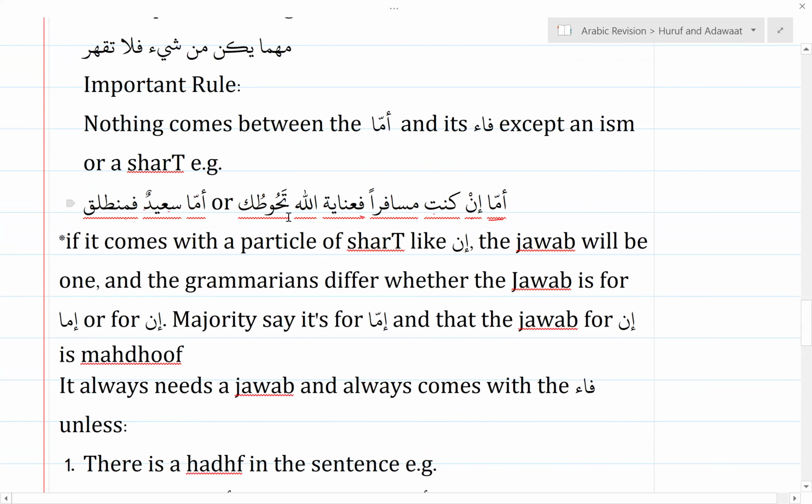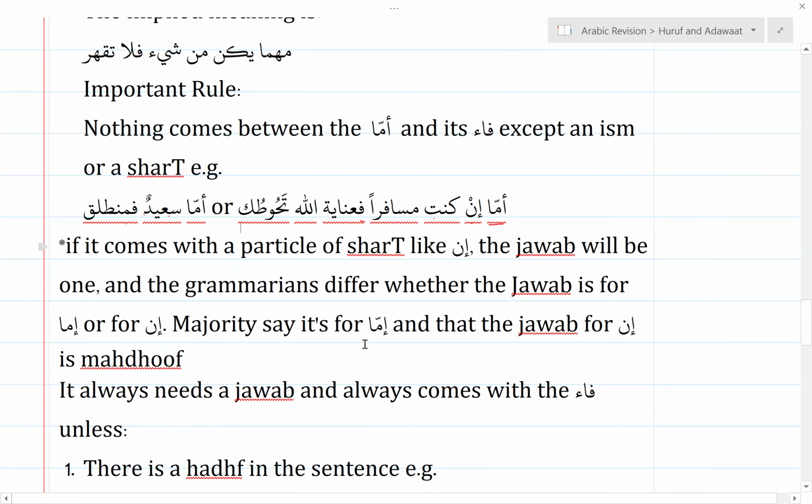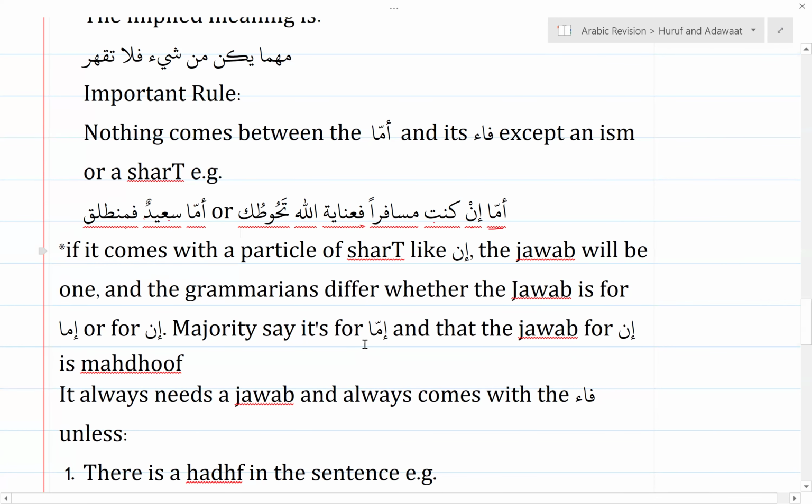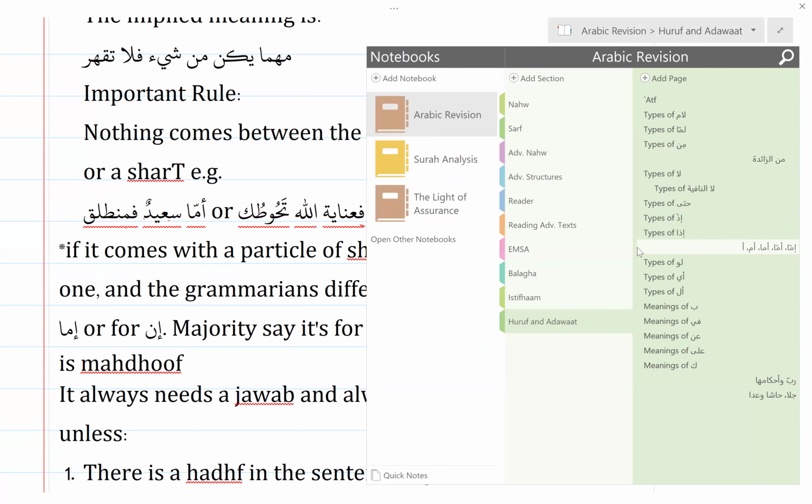Yeah, but most of the time you just see that they say it's للتفصيل and it is حرف شرط. Most of the time they'll just combine the two things. They won't really distinguish. Yeah, that's right. Very cool, very good explanation. Alhamdulillah. We learned a lot. Jazakallah khair. May Allah subhanahu wa ta'ala increase your ilm, make it nafi'ah.